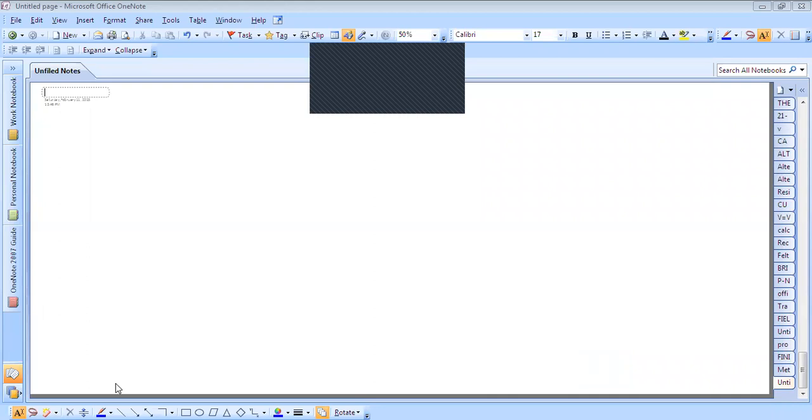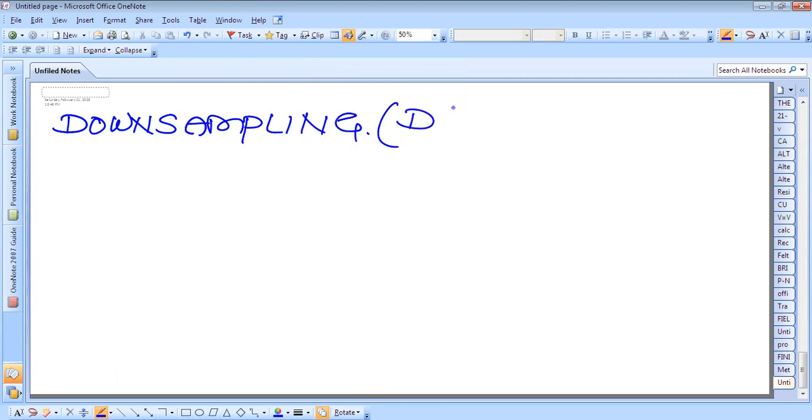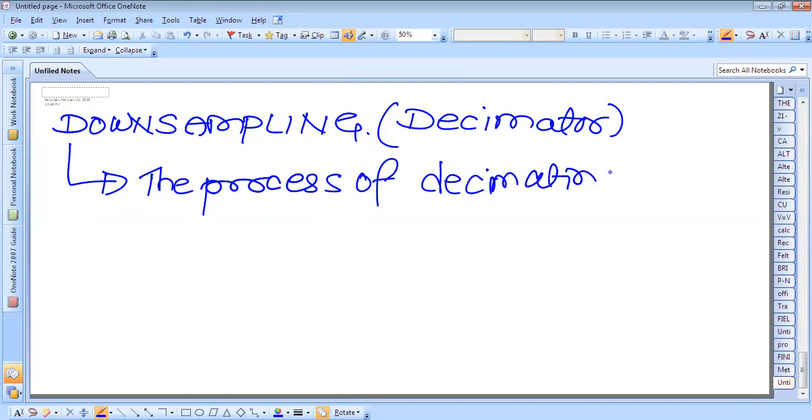Hello, today we'll discuss multi-rate digital signal processing. From that, we'll discuss downsampling and upsampling. Downsampling is also called a decimator. So downsampling of the signal: downsampling is the process of decimating a signal